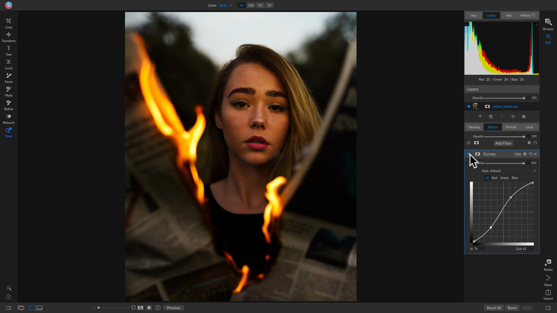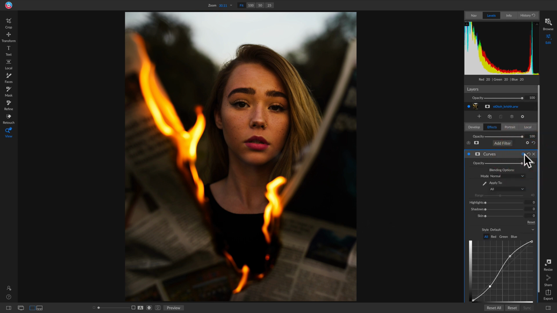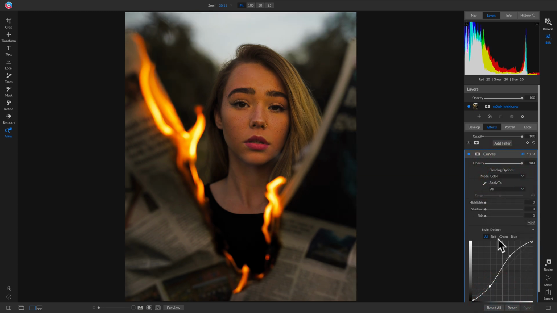And if I turn this off and on, it's doing a pretty good job, but there's still quite a bit of contrast in here. So if I only want this applied to the color area in the flame here and in this paper, I'm going to go over to my tone curve, click this gear button, and this is going to pull up my blending options. A cool blending mode, if you only want a specific filter or adjustment applied to your color tones and not the actual tonality of your shot, is you can go down to the blending mode and just click color. So now if I turn this off and on,